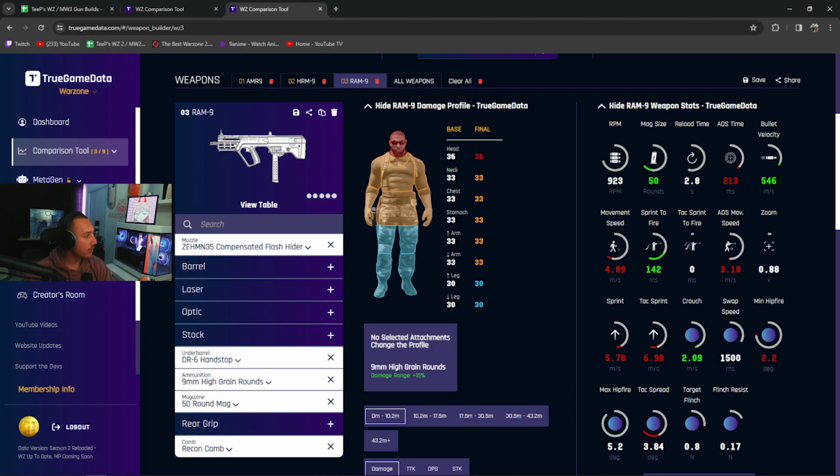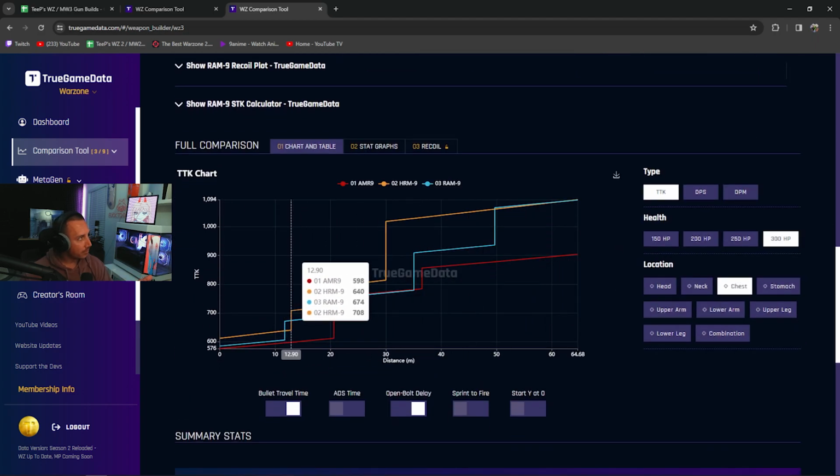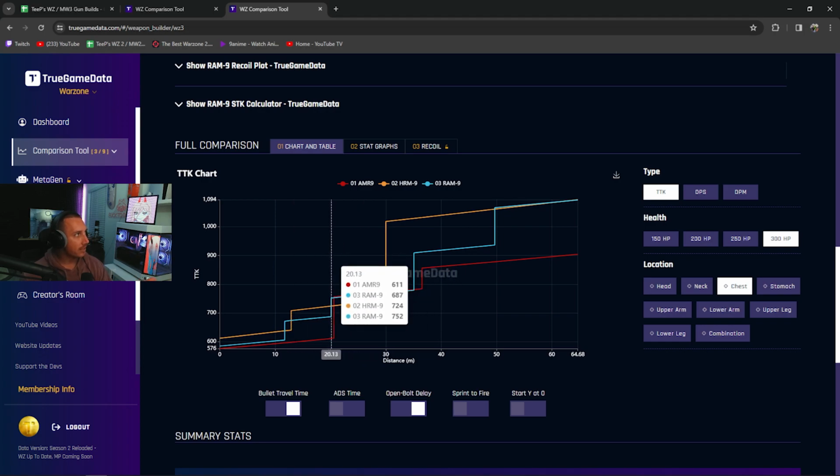So we're going to start here with our SMGs. And as of right now, as I said before, the AMR9 clears as far as a TTK standpoint goes. The mobility on it, I don't like at all. It does feel nice sometimes, whenever you win those one-on-ones, because you know that you're going to win it no matter what the distance is, because up to that 20 meters, you're getting that 6 millisecond TTK, which is insane. It's a great sniper support gun, don't get me wrong, but I think personally that there's other options